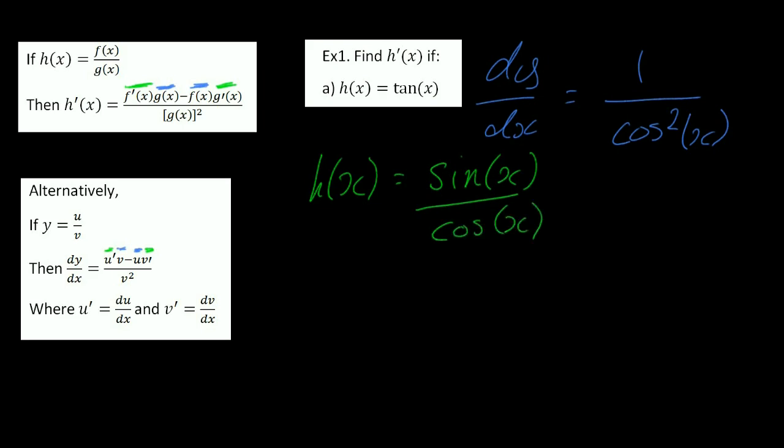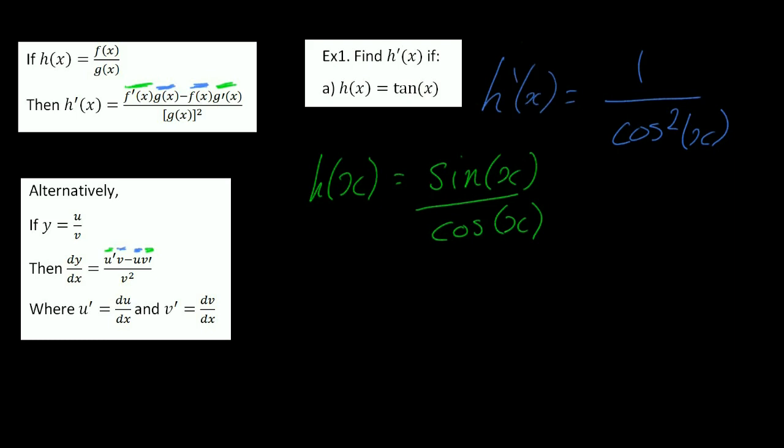And from here, we're going to use the quotient rule to figure out how we can get dy dx, or I should say, in this case, it should be h dash of x. Just rub this out. Maybe I'll get a bigger brush. Make this a lot easier. Okay. So this is h dash. And we're going to try to see, using the quotient rule, see if we can get it down to 1